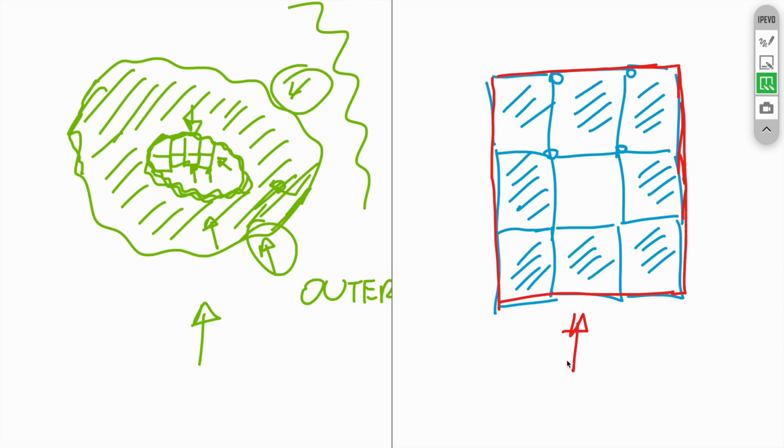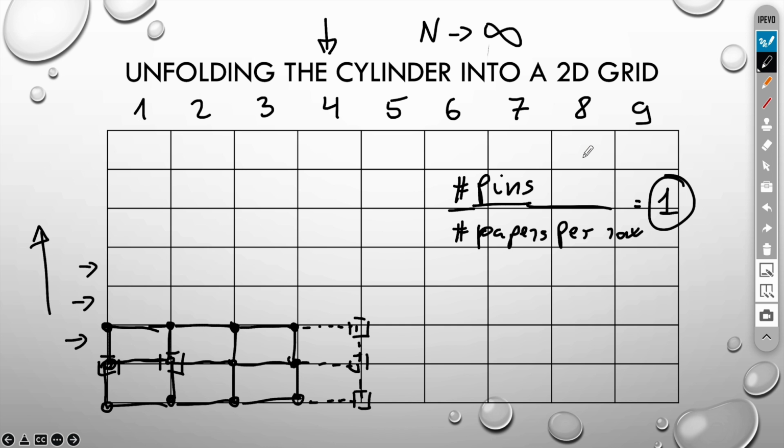On this right side, I am illustrating this with this 3 by 3 arrangement of papers, and suppose that now you are trying to put an additional paper into this space. You can do it freely by just putting it here and reusing all these pins, so it would mean that you can attach a paper here with 0 additional pins. But according to our definition, this is not counting as conquering a space. So conquering a space would mean that we extend this outer border in some fashion. Are we done? Can we do better?